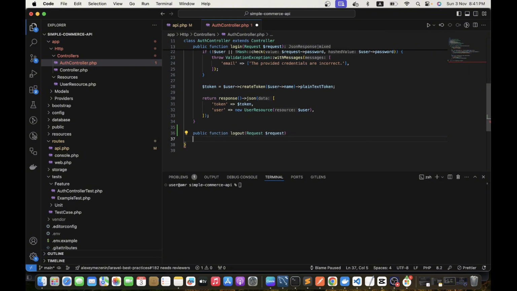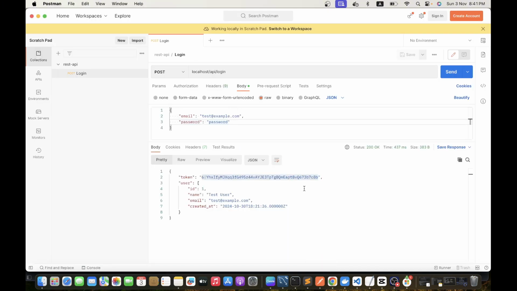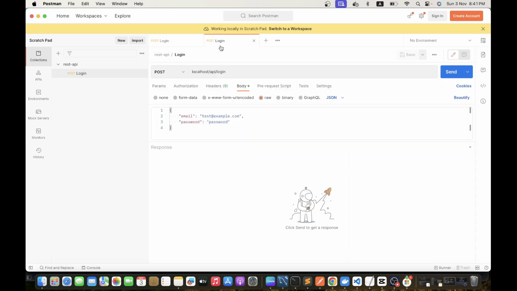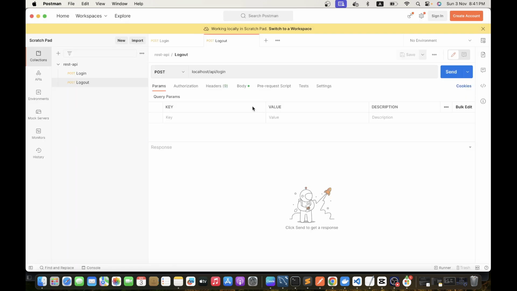Yeah, that's it. And let's dump the user request user, right? Let's see the output and test the API. So let's open Postman. I'm going to duplicate this tab, right? Let's save this first. It is saved. Let's duplicate this tab and let's save it as logout. All right, in REST API. That's okay, and we will add logout,